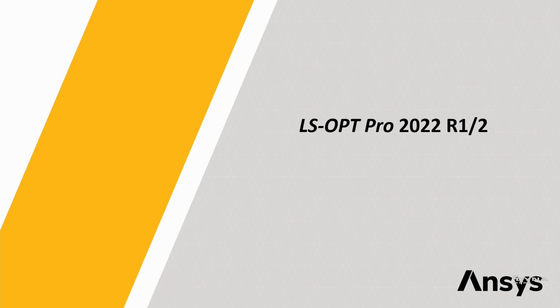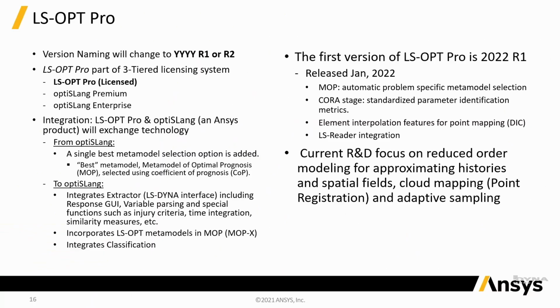So allow me to move on now to LS-OPT Pro 2022, which is our next version. You'll see that the version naming will change. We will have the year and then two revisions. One will be at the beginning of the year and the other one sort of mid-year, the R2 version. And LS-OPT Pro becomes a licensed code. This is part of a three-tiered licensing system together with the optiSLang code, which is the other